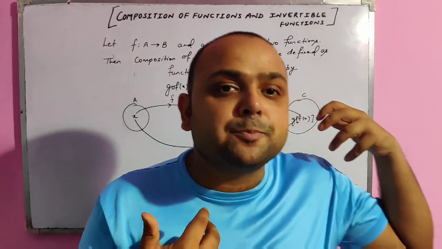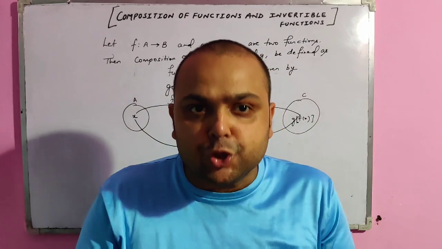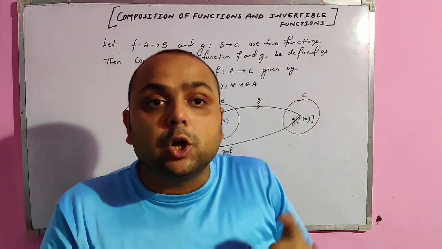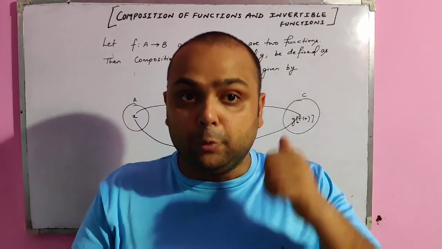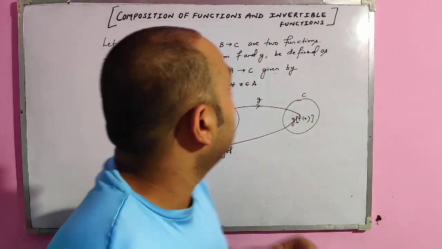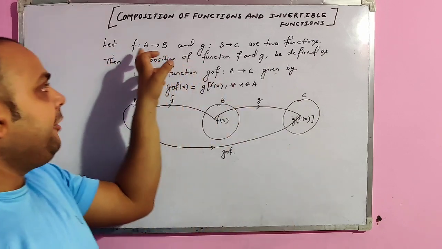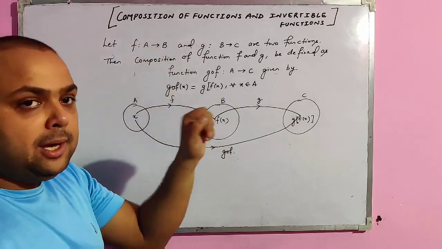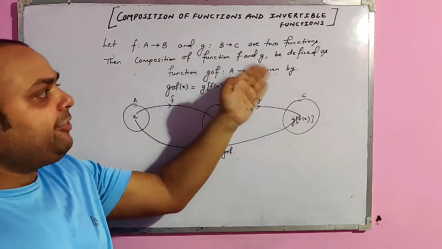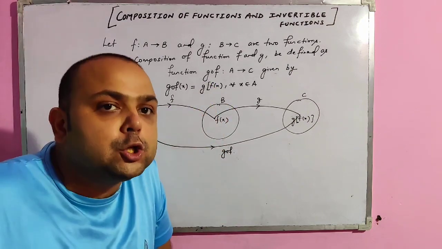If we see this definition, we will be able to understand this, and we'll also do some questions to make the concept of composition of functions clearer. Now I am going to tell you about this definition. Please see it very carefully. Suppose we have two functions f and g such that f is from A to B and g is from B to C. Now the composition of functions f and g can be defined as gof. It may be fog also.